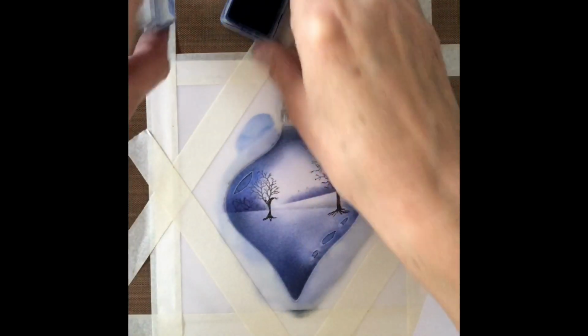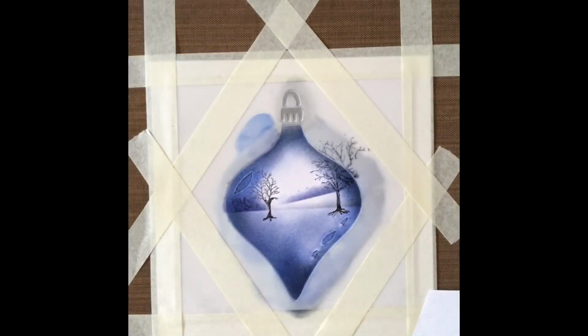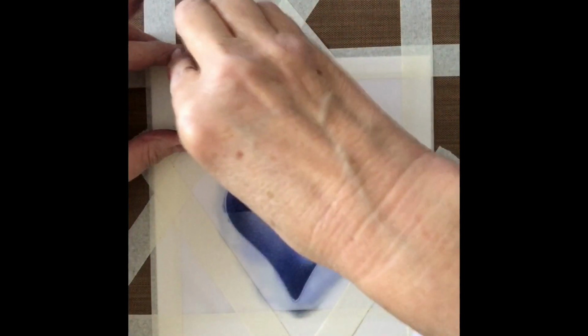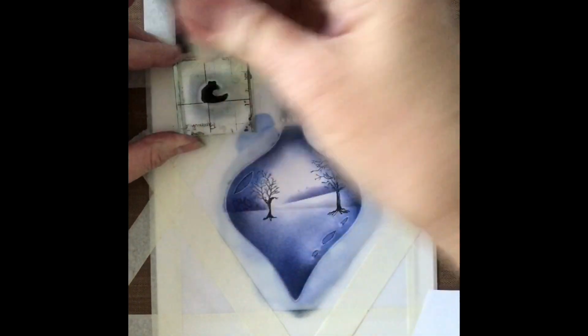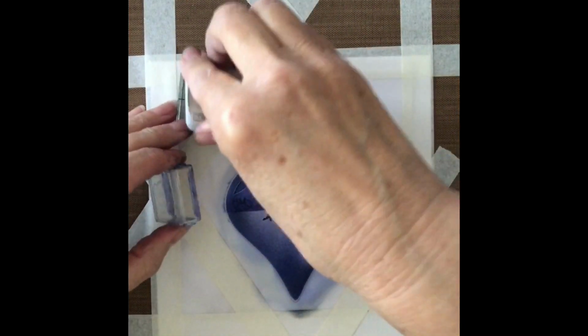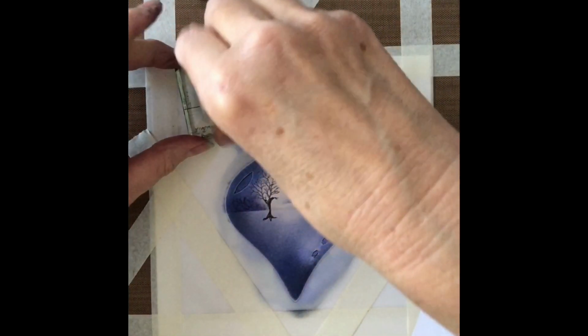So that's our background in, and now we want to put our little fox in. So I'm going to stamp him in the versacraft back, and you can see I'm stamping quite hard, but I told you my ink pad's very dry, so again, you don't want this to be too dark. A little bit of indigo blue over the top, and then I'm going to go back with the black,